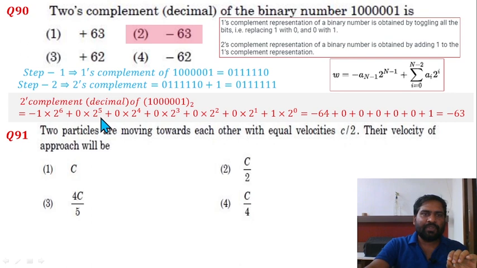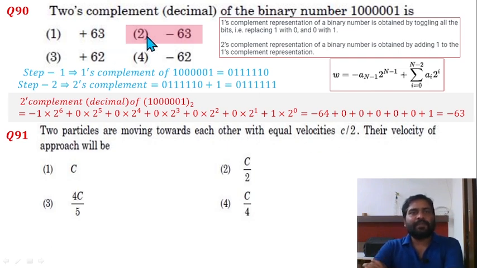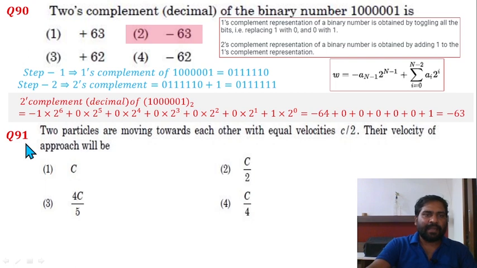0 0 0 0 एंड लास्ट टर्म 1 इज देयर, देन इट इज 1 हियर. एंड फर्स्ट टर्म को नेगेटिव कर देना है एंड बाकी सब पॉजिटिव रहेगा. रिमेनिंग टर्म्स विल बी पॉजिटिव एंड सम ऑफ दिस टर्म. तो आंसर इज गोइंग टू बी minus 63. ऑप्शन 2 इज करेक्ट. क्वेश्चन 91.